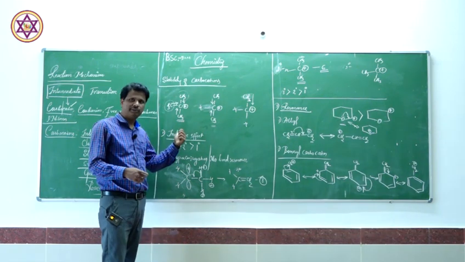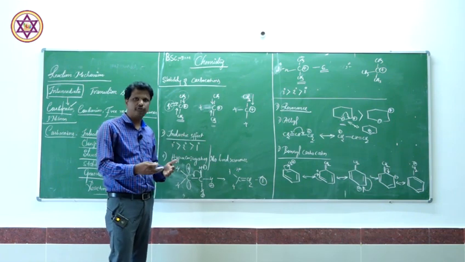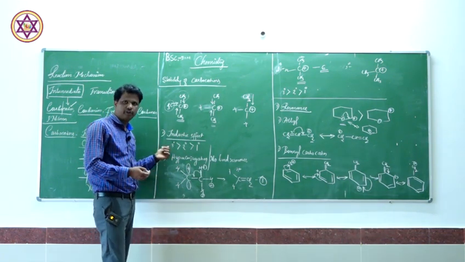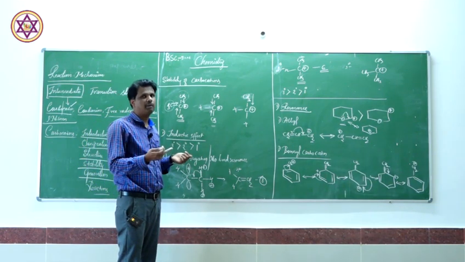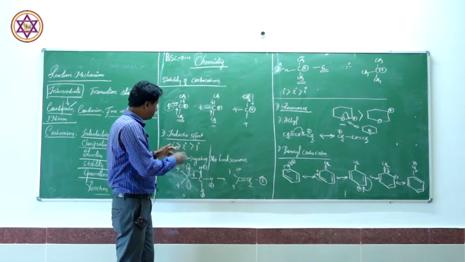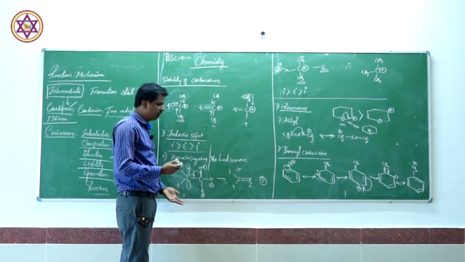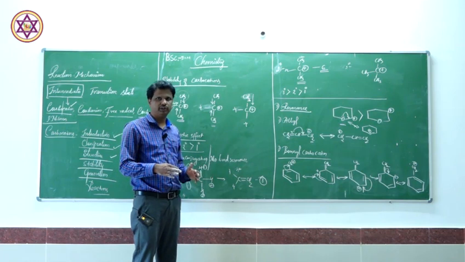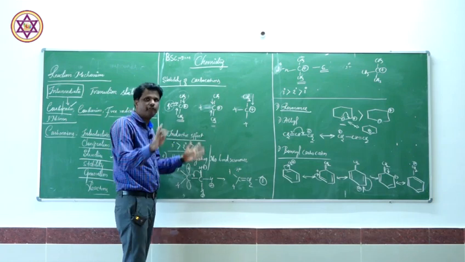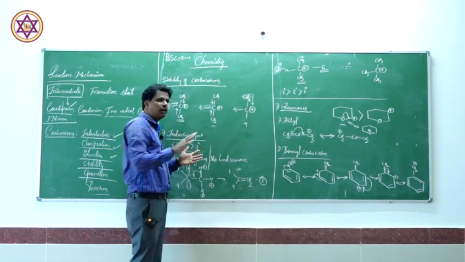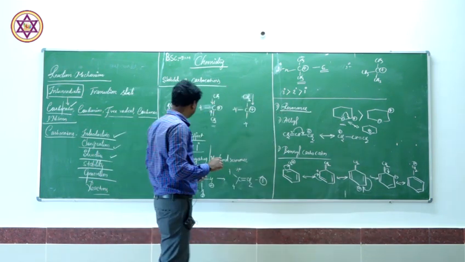Now we discussed the stability order. The stability of carbocation can be explained based on a few points. The first point is inductive effect. So the higher the number of electron donating groups, the more stable the carbocation is. Now based on high inductive effect, we can write tertiary is more stable than secondary, which is more stable than primary. We are not talking about the exception cases. But at this point, we are talking straight, assuming that there is only an alkyl group attached to the carbon atom. Now, the second point is hyperconjugation effect.